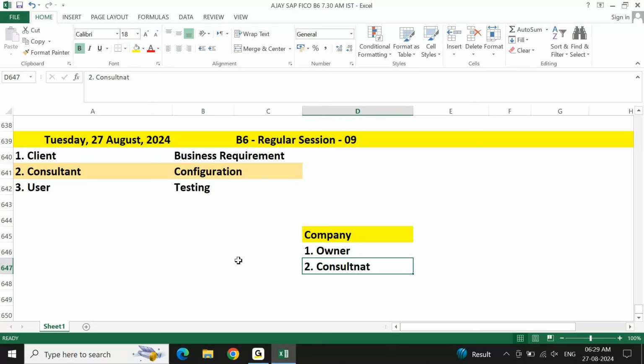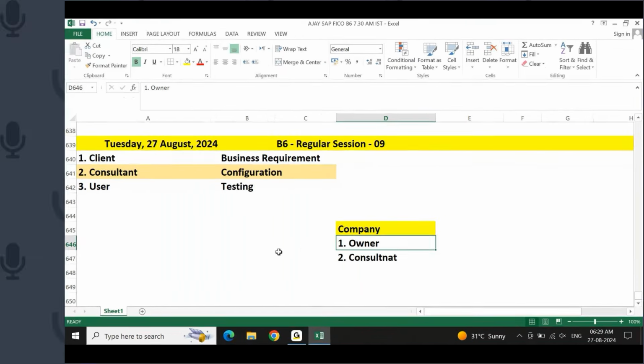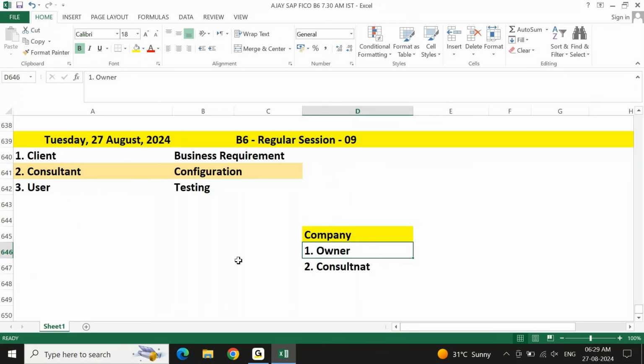From the owner point of view, mindset, expectation, thinking is different. From a consultant point of view, mindset, expectation, thinking is different, because as an owner you are free to think anything, you are free to ask anything, because you are paying money. You are paying money to a consultant, so you are free to get any works done, any requirement you can provide, because nothing is wrong in it. You can ask everything to be done.